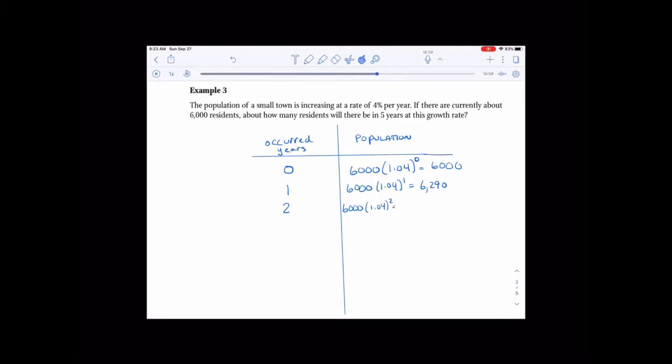In other words, we have 6,000 times our 1.04, which is at 1 year, and then multiplying that by 1.04 again for the 2nd year, resulting in 6,489.6. Year 3, you'd have 6,000 multiplied by 1.04 to the 3rd power. So we have 6,000 multiplied by 1.04, multiplied by 1.04, multiplied by 1.04. So this is equivalent to